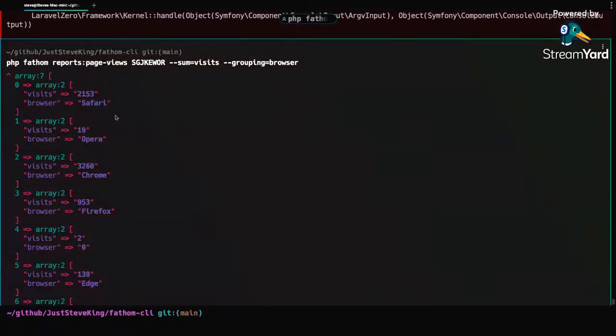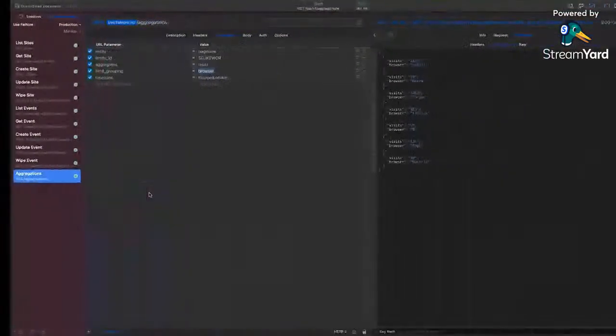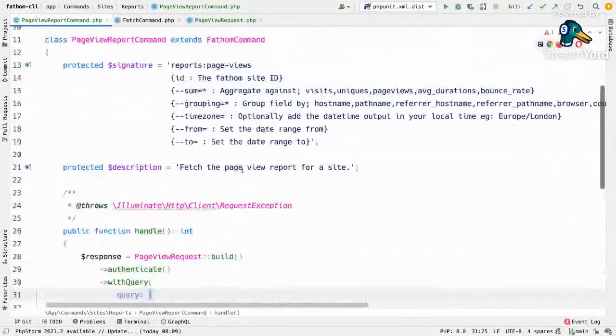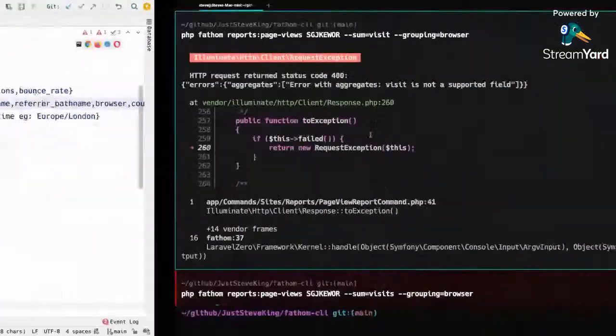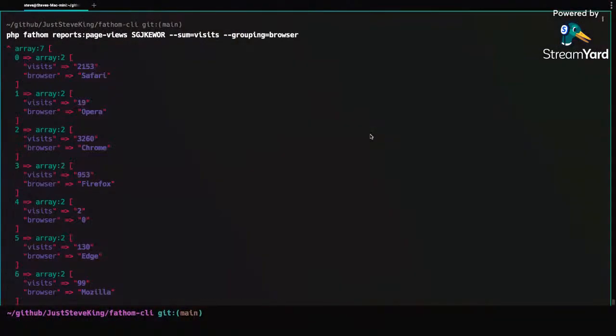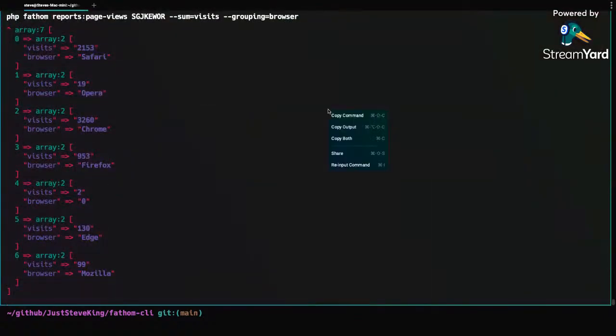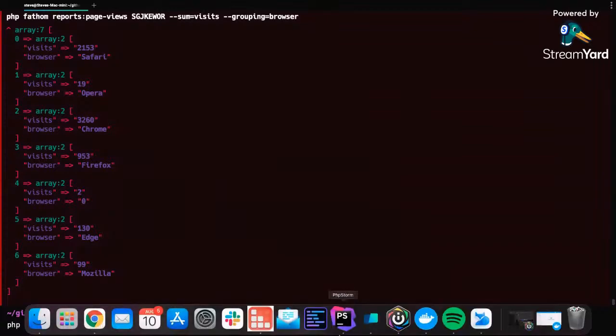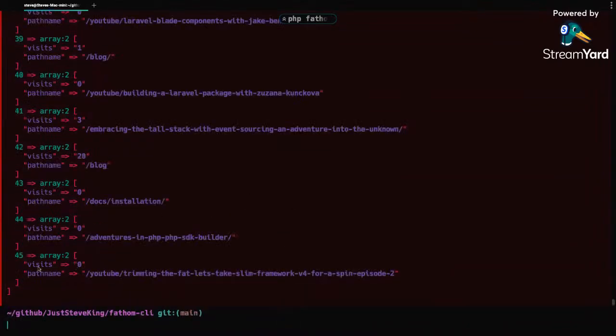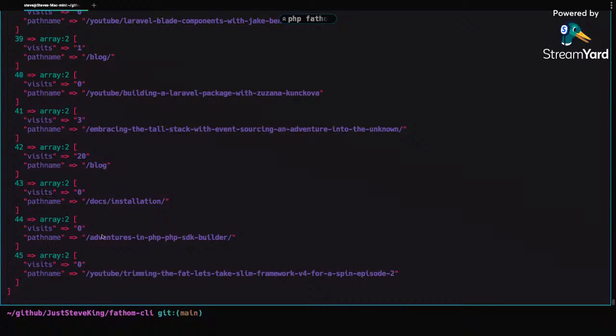I could change this from browser to path name, for example. Re-input the command. So instead of browser, we do path name. And when that comes out, it's got visits and path name. It's very different. It would look good on a table, but as soon as you get 50,